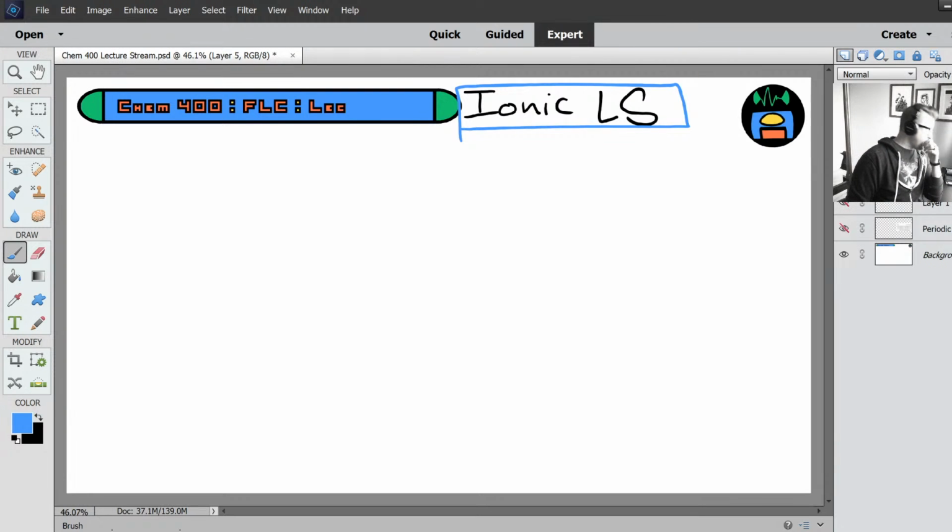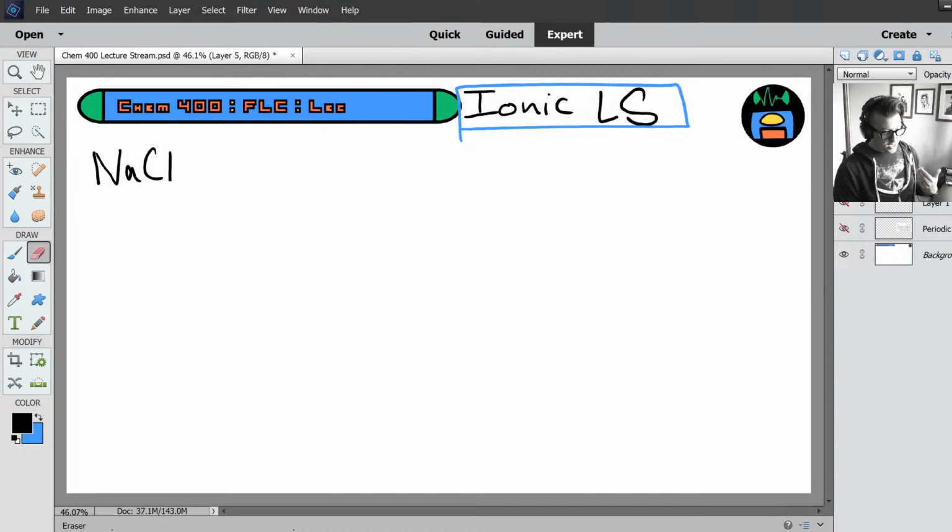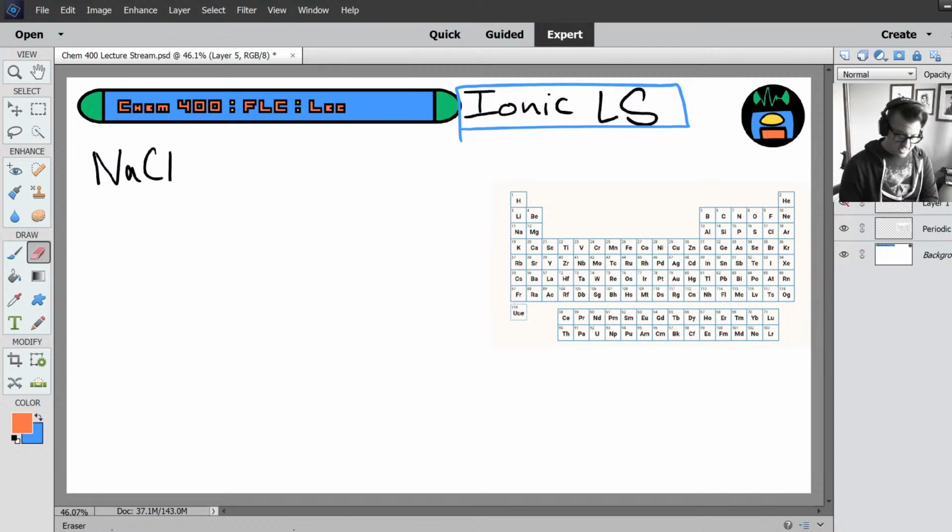All right, ionic Lewis structures. Now, I think a great place to start is sodium chloride. So let's look at the Lewis structure for table salt. All right. Well, if you look at the periodic table,